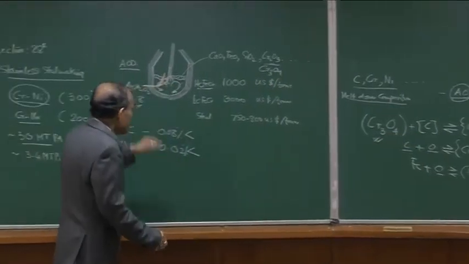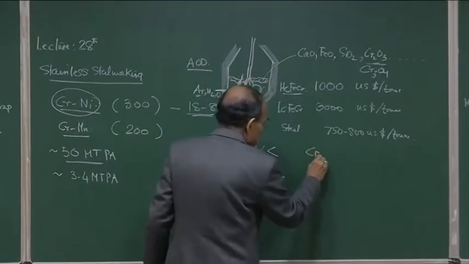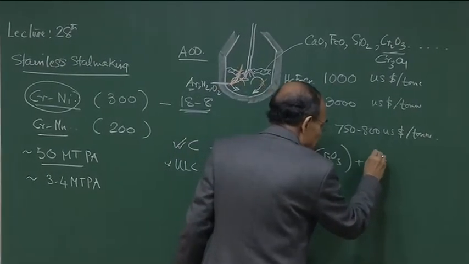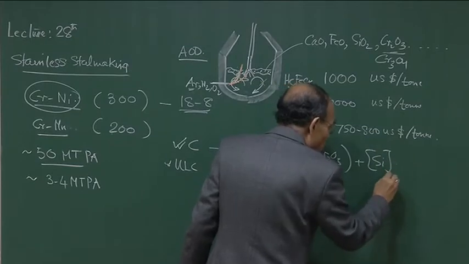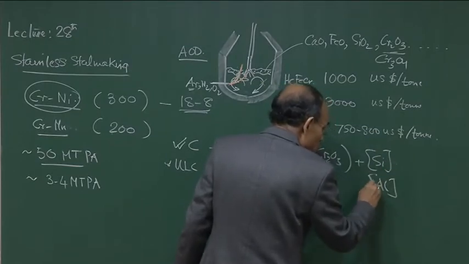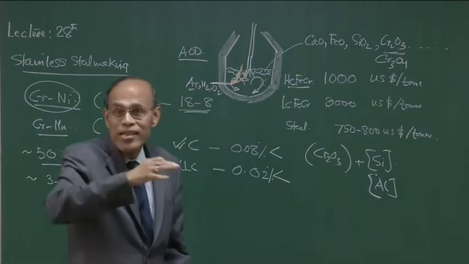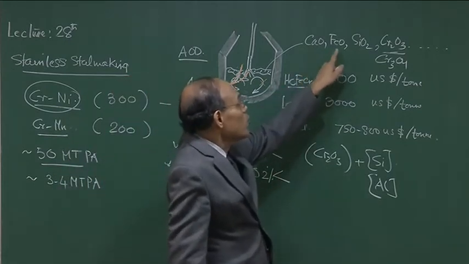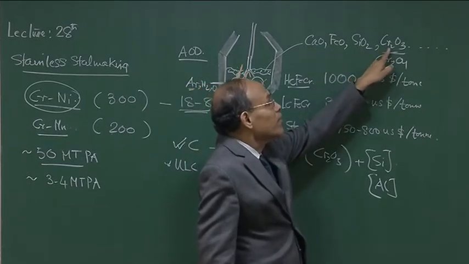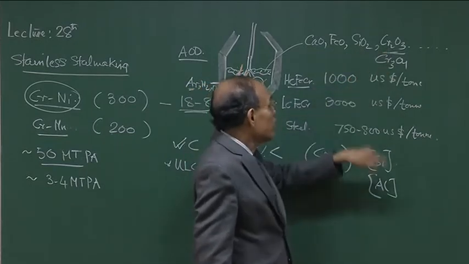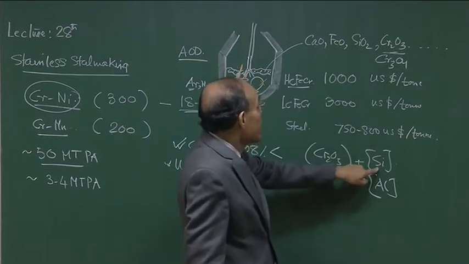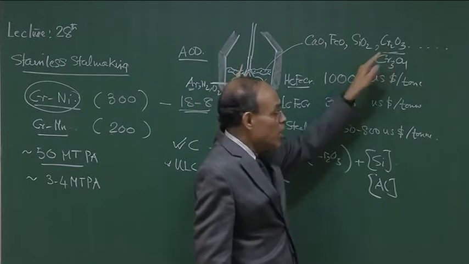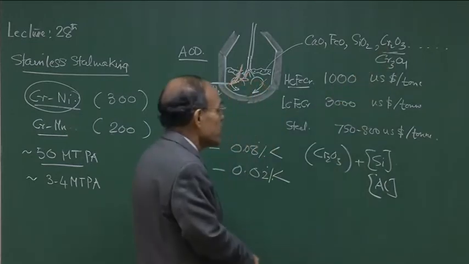So, to win back chromium, let us say Cr2O3, which is present in the slag, you will add either silicon or aluminum, which will remove all the oxides. Aluminum can reduce FeO, aluminum can reduce SiO2, aluminum can reduce Cr2O3. Similarly, if you add silicon, silica is more stable than FeO, silica is more stable than Cr2O3. So, the moment you have added silicon into the melt,